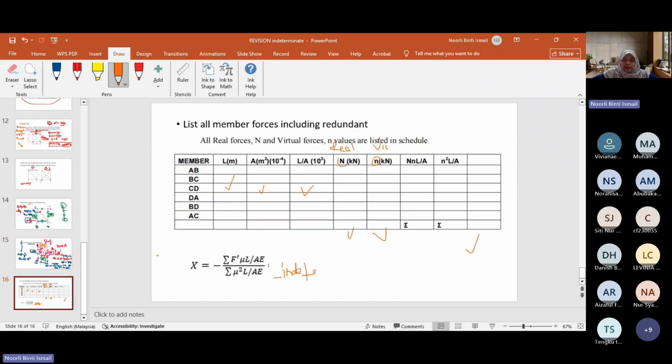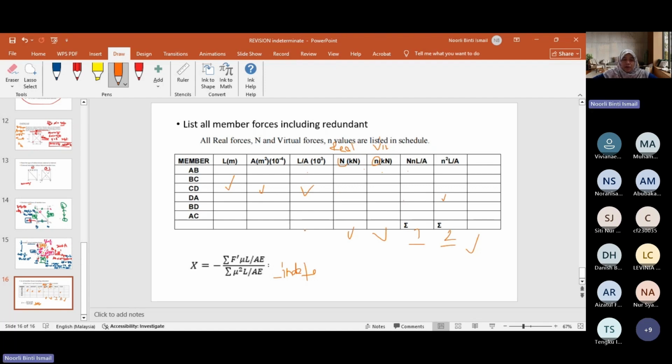Then N and L, divide by 8, and this one is done. So this column multiply together. And then N power of 2, which is virtual, power of 2 times this column, you get it. And then you will get the total.